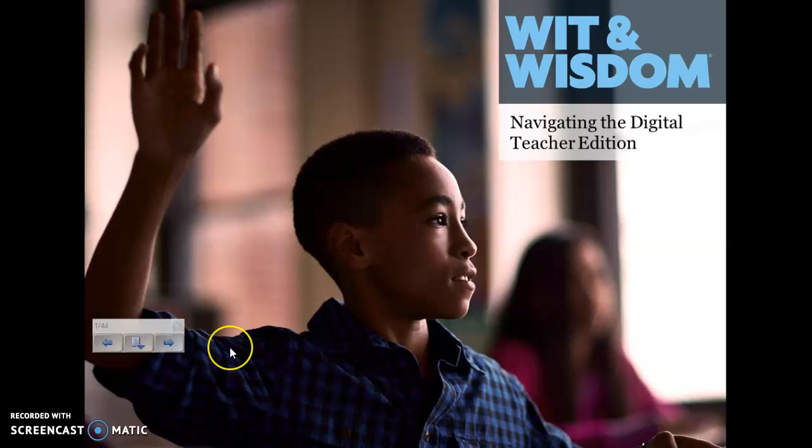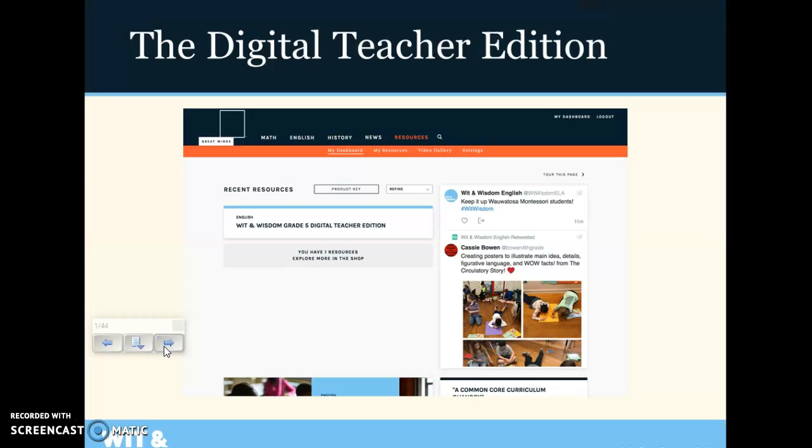In this section, we will discuss how to navigate the Digital Teacher Edition and understand its features. From your dashboard, select the Wit and Wisdom Digital Teacher Edition. Remember that your dashboard orders resources by most recent use, so the Teacher Edition may not always be in the same location. And you or your school may have purchased multiple grades for your use. If you have multiple grade levels, clicking any of them will